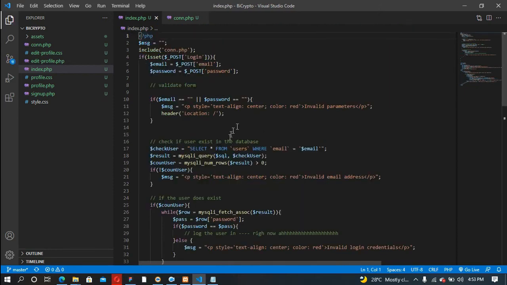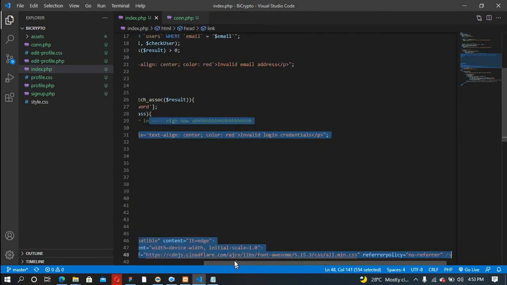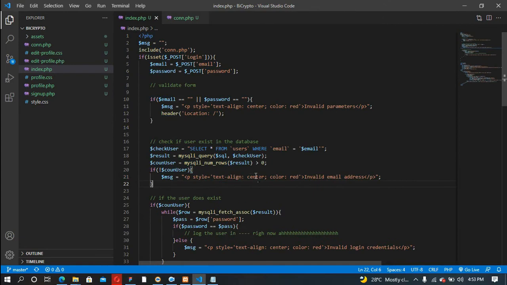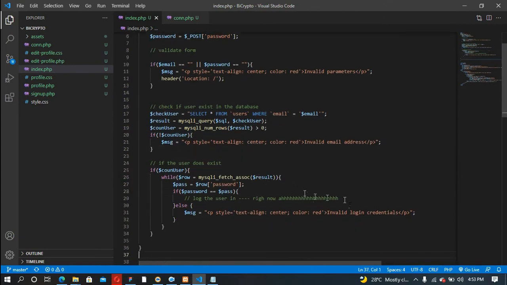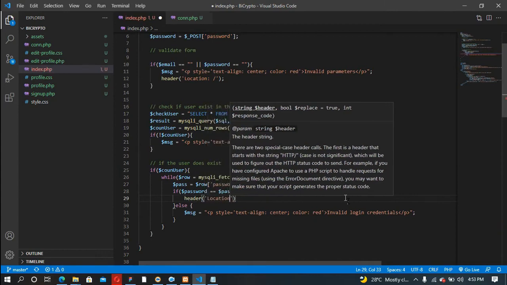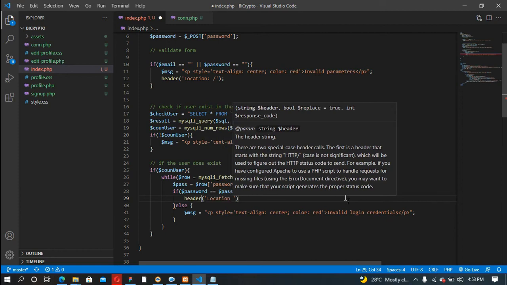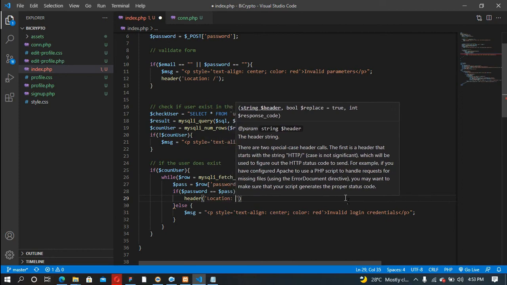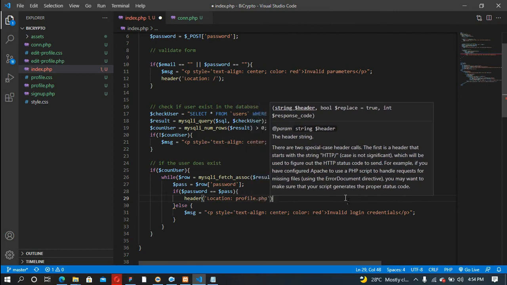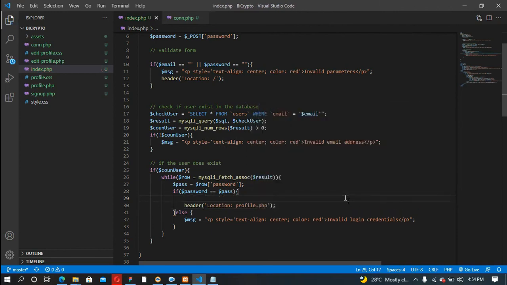Okay, so if all this is correct, now I want to navigate the user to header, location, to profile.php. But before we do that,